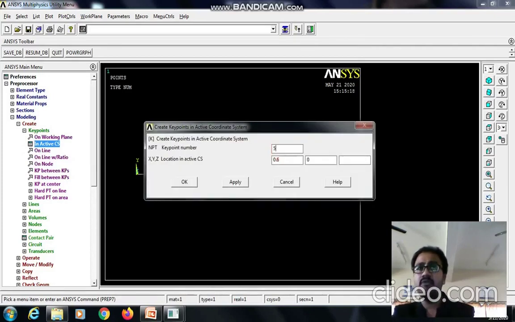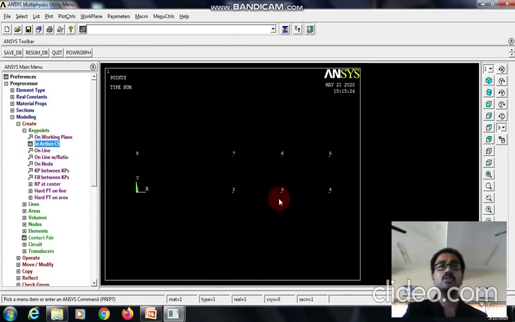Then the fifth one is 0.6, 0.1, apply. Then the sixth one is 0.45 and 0.1, apply. Then the seventh one is 0.3, 0.1, apply, and the eighth one is 0 and 0.1. So we got the key points.